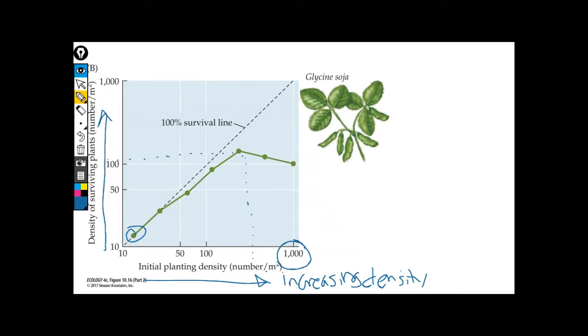Okay, so beyond this, okay, no more plants can survive, right? So we get to about 100 plants per meter square, and beyond that density,